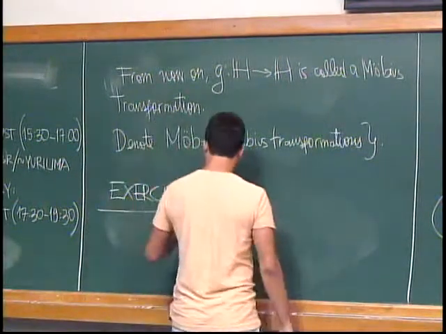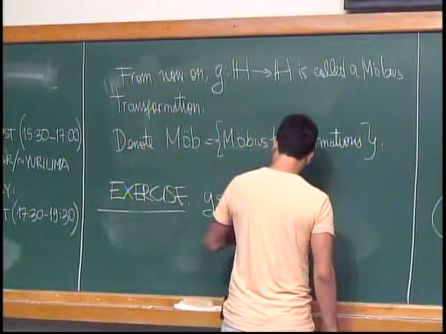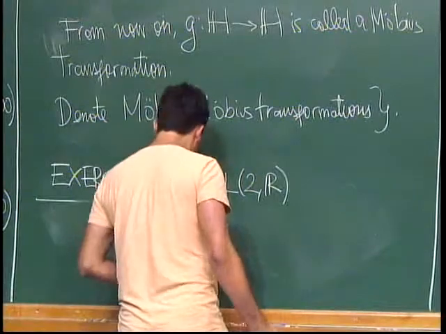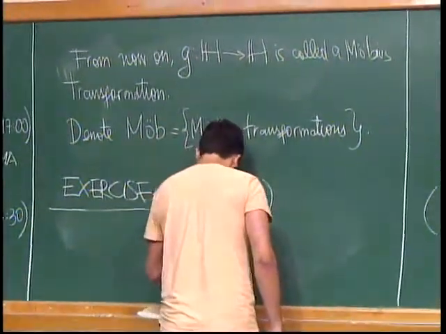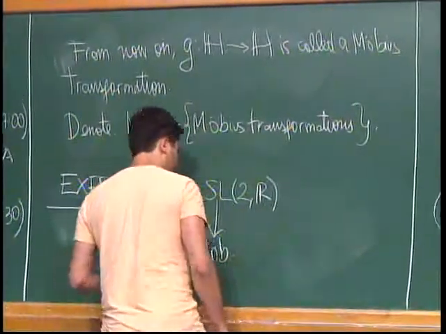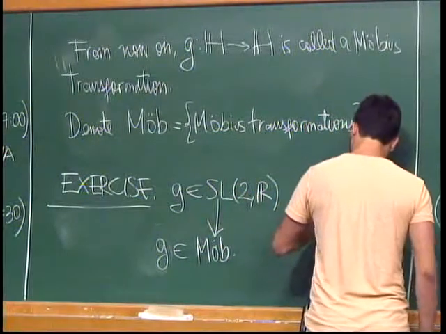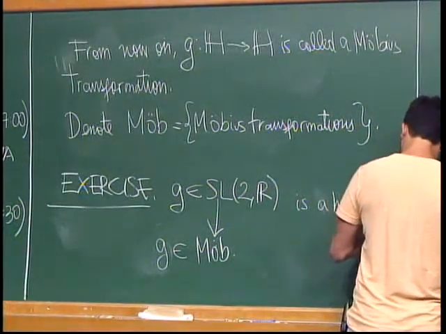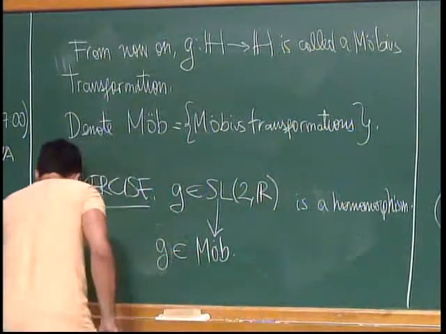to check that the map that sends G from SL2R to the Möbius transformation G associated to it is a homomorphism. Okay? So what does this mean? This means that